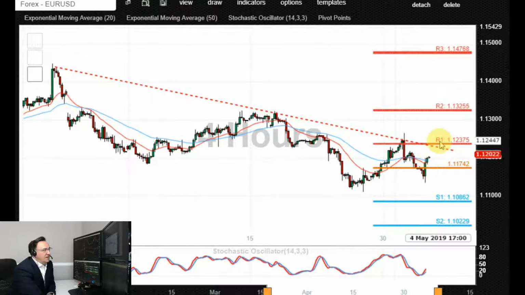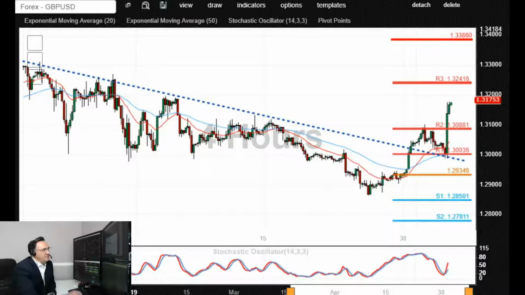So basically either a rally into that level and rejection, or a rejection of these current lows and a gradual move lower could open the way for the retest of 1.1080, possibly even 1.1020, 1.10 to the downside. Alternatively, only a spike higher and the end of day close above this area here, 1.1240, would negate the current intraday bearish outlook, potentially opening up the way for a spike higher and test of 1.1325, therefore the cluster of these highs and then previous lows, and then gradually towards 1.14,